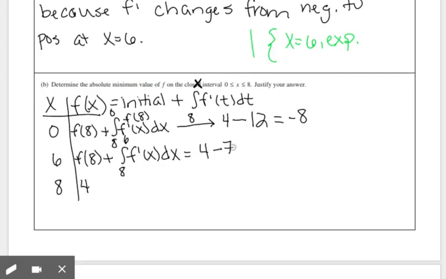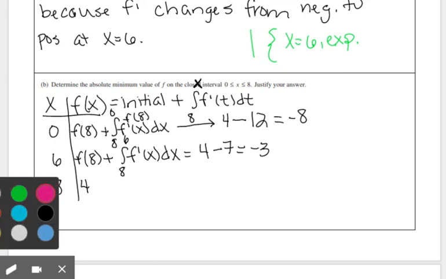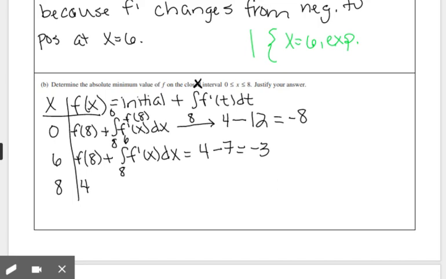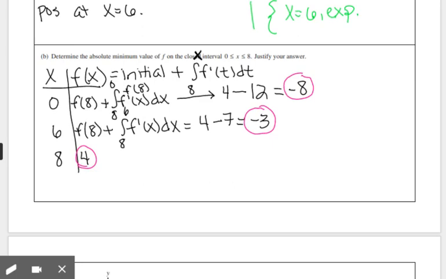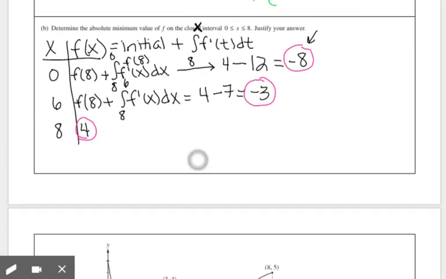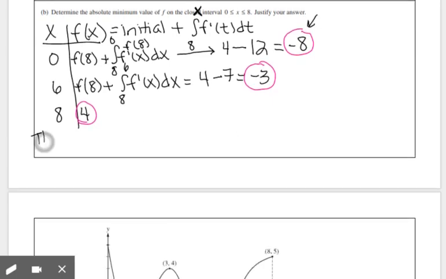So 4 minus 7 is going to give me negative 3. All right, so if we look, we can see that the values we've got are 0 is negative 8, 6 is negative 3, and 8 is 4. So if we're looking for the absolute minimum, we know that that's going to be negative 8. So the absolute minimum